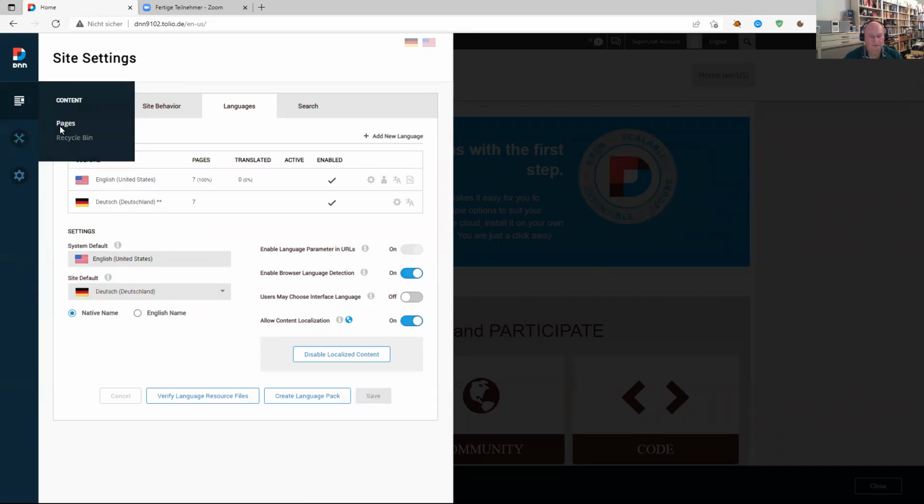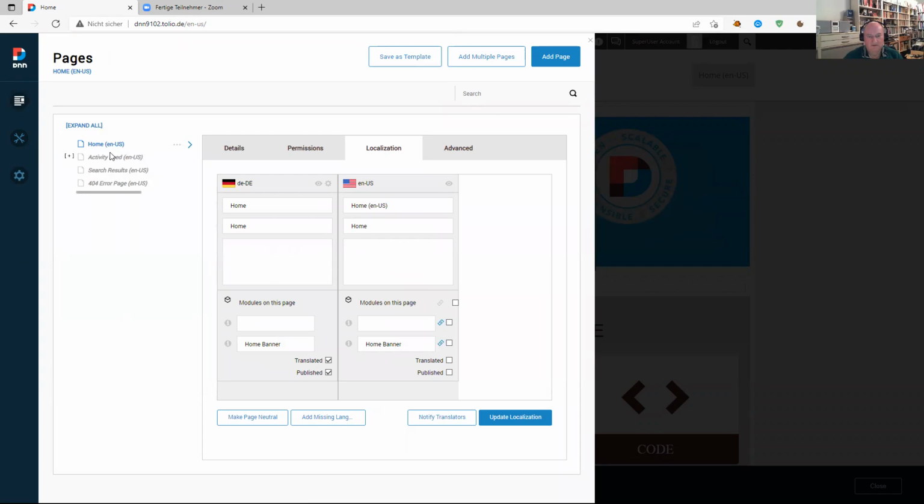We have it in the page. Here you can see which pages do have localization, and you can check. But of course, if it's within a single module, the content, then DNN, the platform, doesn't have any knowledge that this content has been updated and needs to be checked against localization. That's something which is missing, and maybe that's something we could add